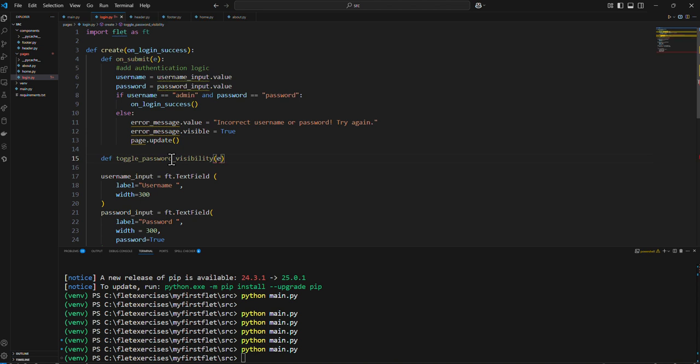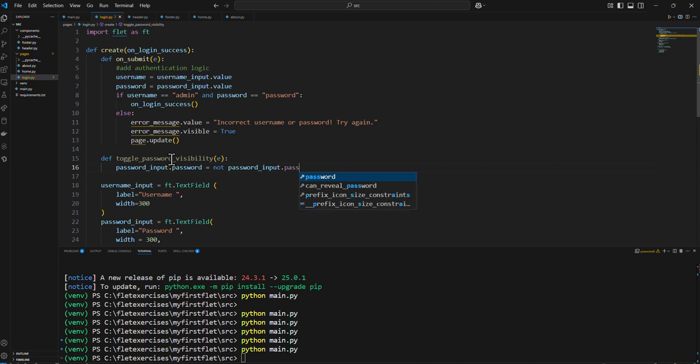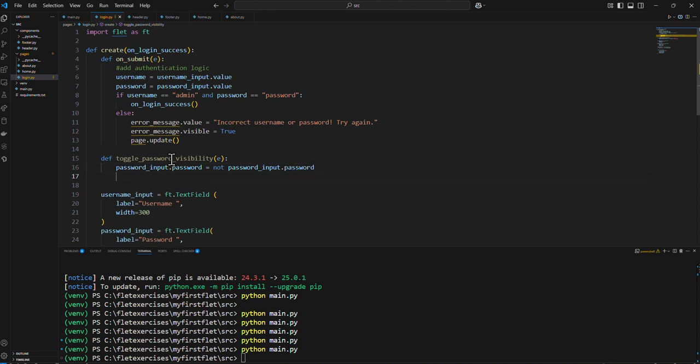Okay, so this is e, we call that one e. Then we'll type here password input, referring to the password. Then let's say not password input dot password. It will update, page update. We need to update the page for this scenario. Now, so make sure that